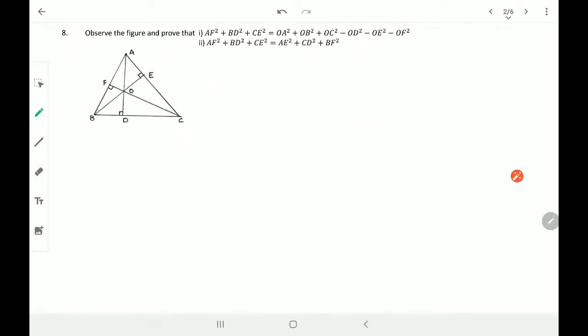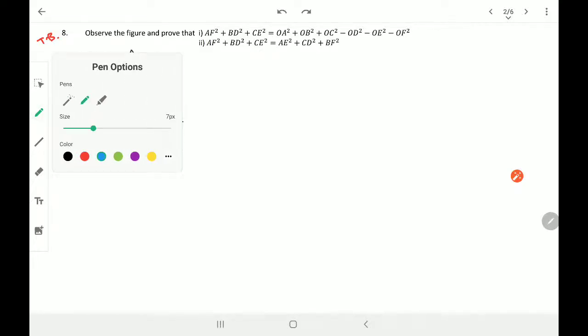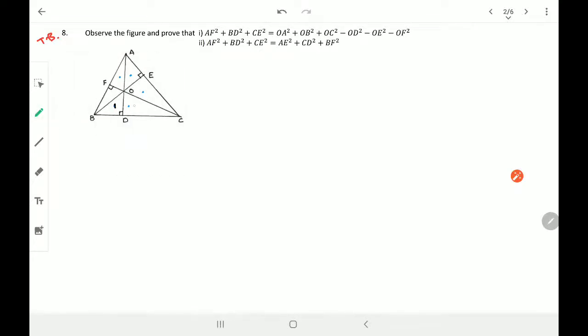So let's start the next part of the question. This is again a question from the textbook itself. The question is very clear. The diagram is there, though no construction is required. There are so many right angle triangles. I'll tell you: 1, 2, 3, 4, 5 and 6. In all, 6 right angle triangles are there, and in all the 6 triangles I can easily use the Pythagoras theorem. I'll just mention here triangle 1, triangle 2, triangle 3, triangle 4, triangle 5, triangle 6. It is for your understanding, nothing else. Let's start working on it.